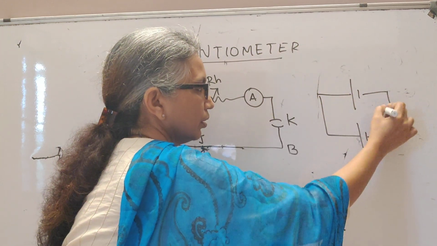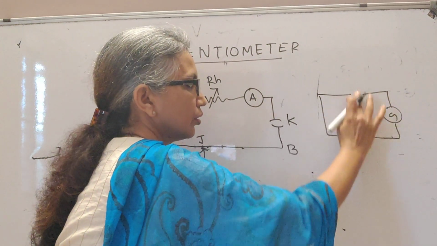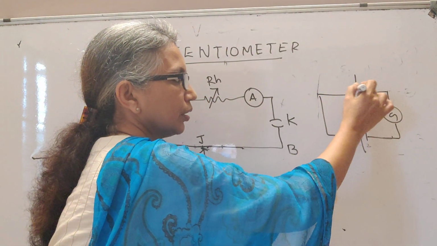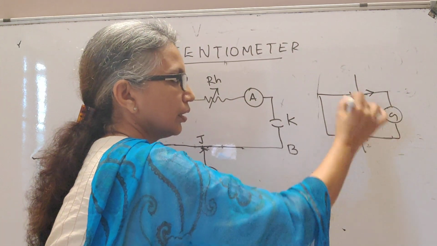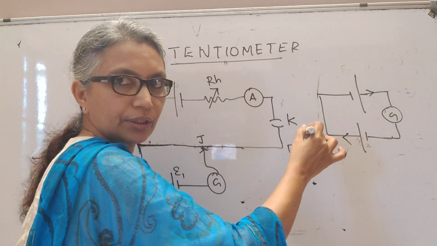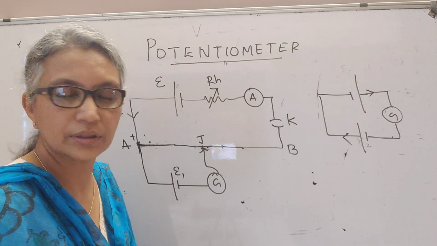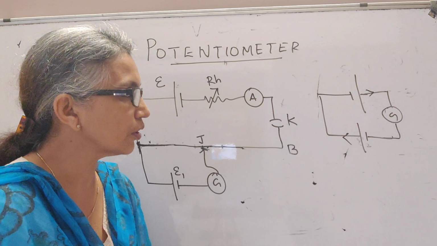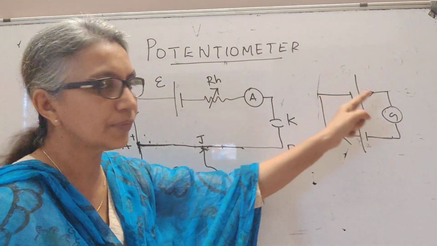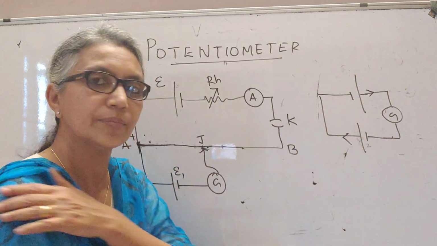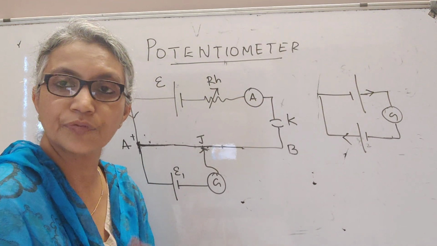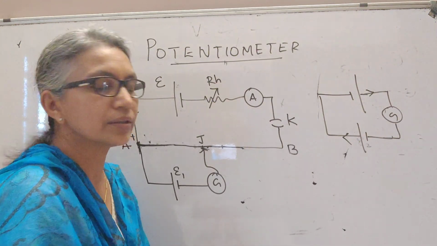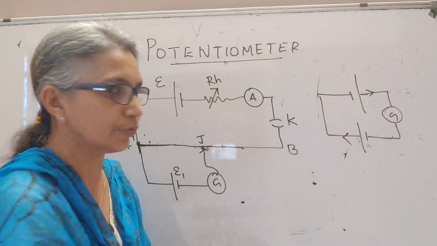Now suppose you had connected like this, instead of like this. Now what is happening? This is sending current like this and this is sending current like this. So you are not ever going to get a galvanometer showing zero deflection, simply because both the currents are in the same direction now. You have connected the terminals in such a manner that both of them are in the same direction. So your galvanometer will never show zero deflection.